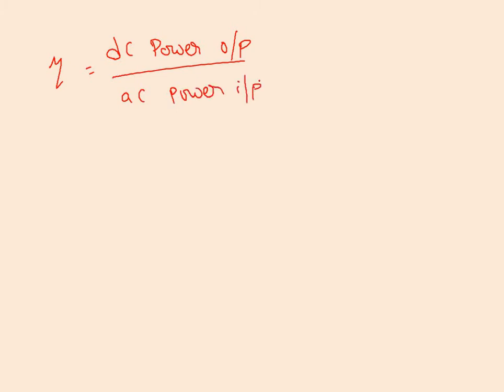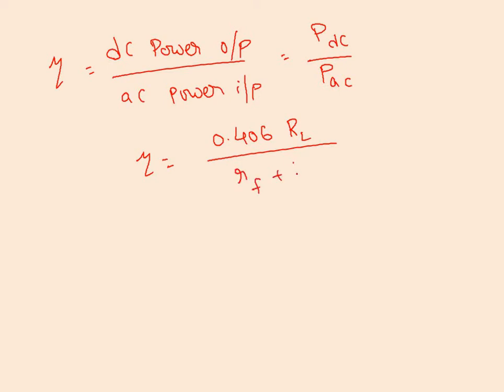So power DC by power AC. And now for a half wave rectifier, eta is 0.406 RL, load resistance, divided by RF plus RL. You don't need this derivation part, just remember this equation, where RF is nothing but